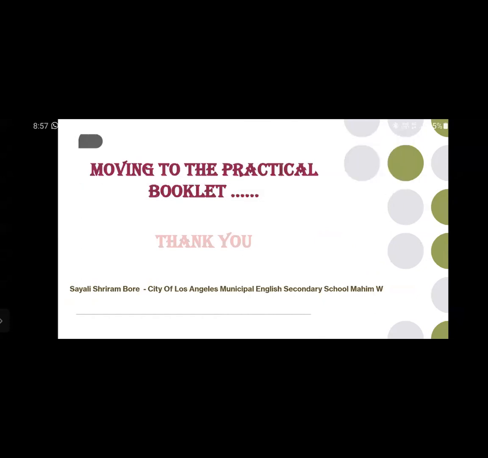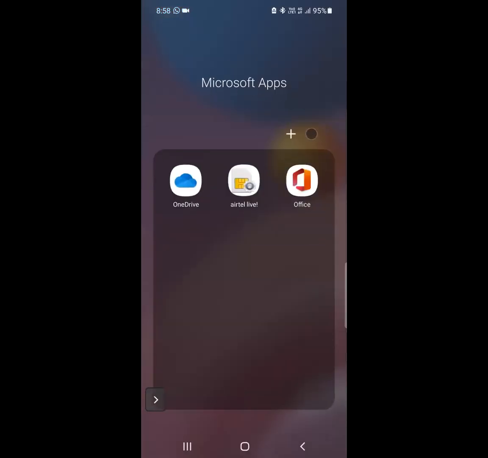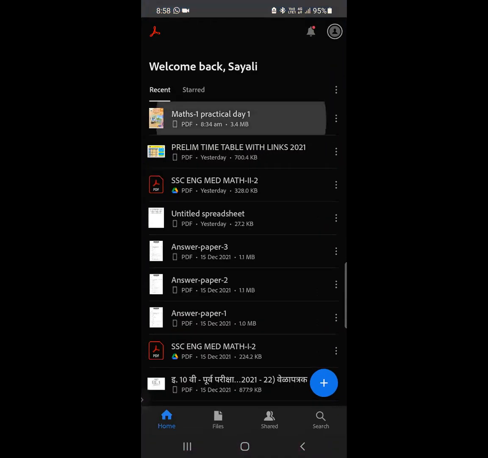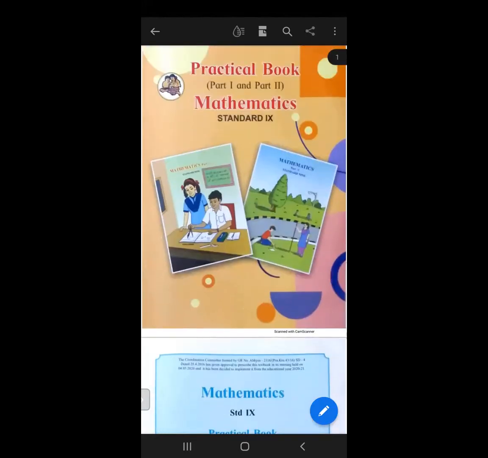Okay, yesterday we have seen two practicals, practical number 1 and practical number 2. Along with the two practicals, we have seen some activity-based questions, okay? And those activity-based questions, as you know, are very important because you should know how to attempt the practical-based question. So for those who have not joined, I will just introduce the cover page and then we will start from where we have stopped yesterday.